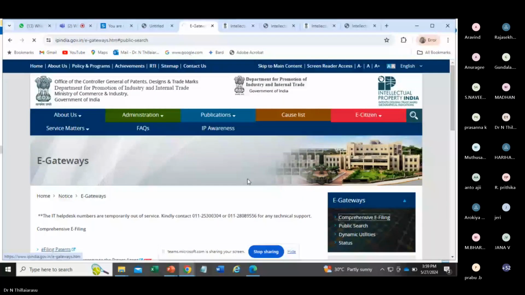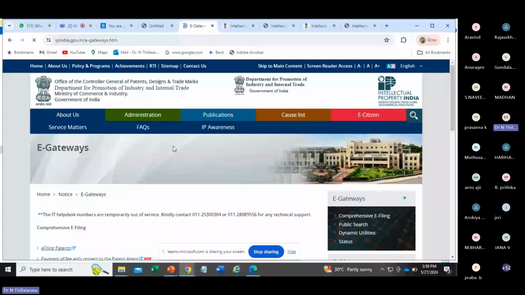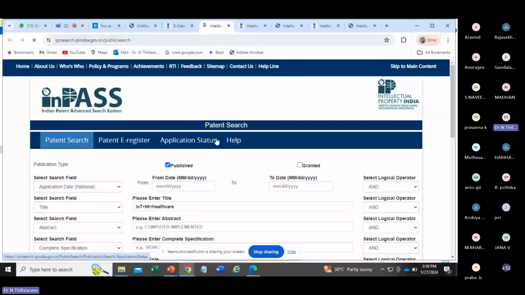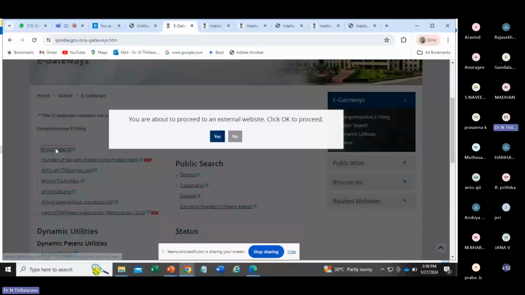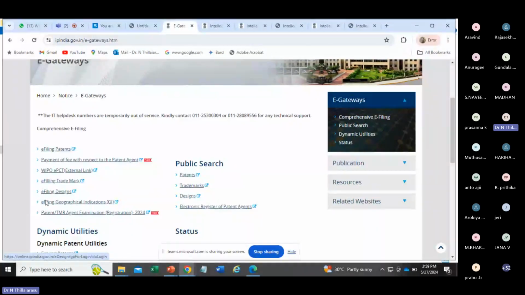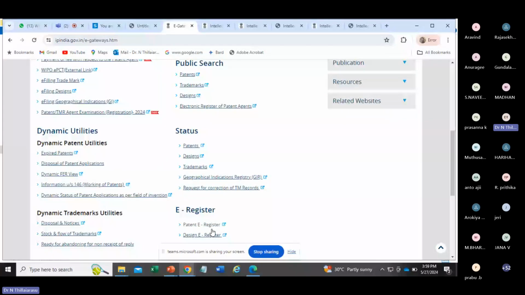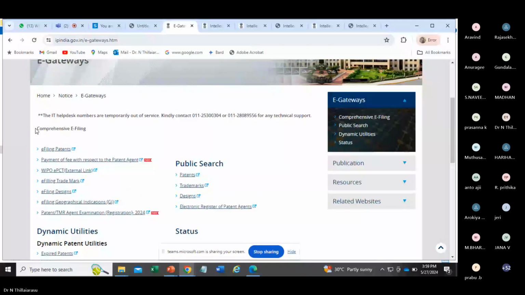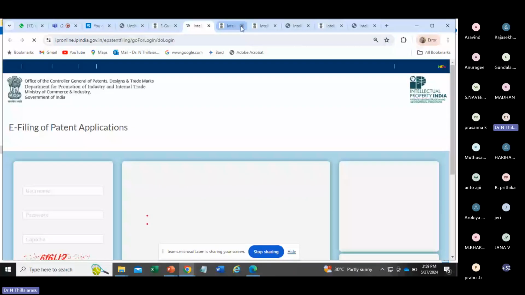Comprehensive filing and going with the login credentials, IP India e-filing. So you can click here, comprehensive e-filing, for filing and all. Here for public search, status, e-registration, trademark, everything you will get from here. Okay, so I'll click here, and I'll go down.